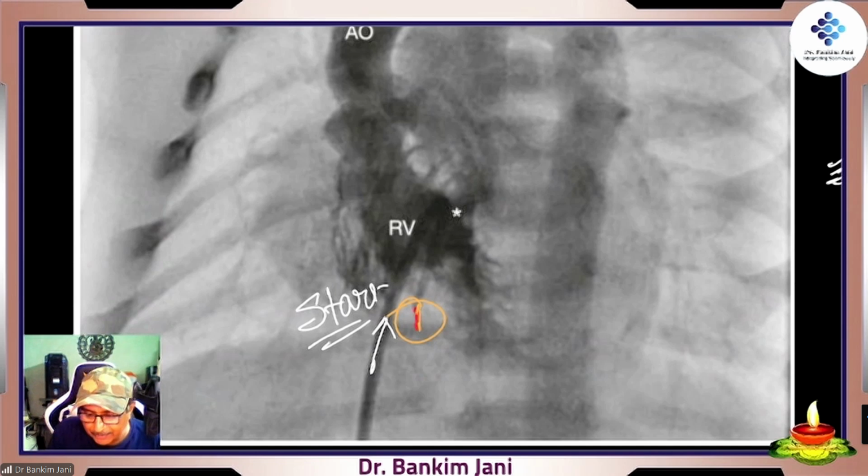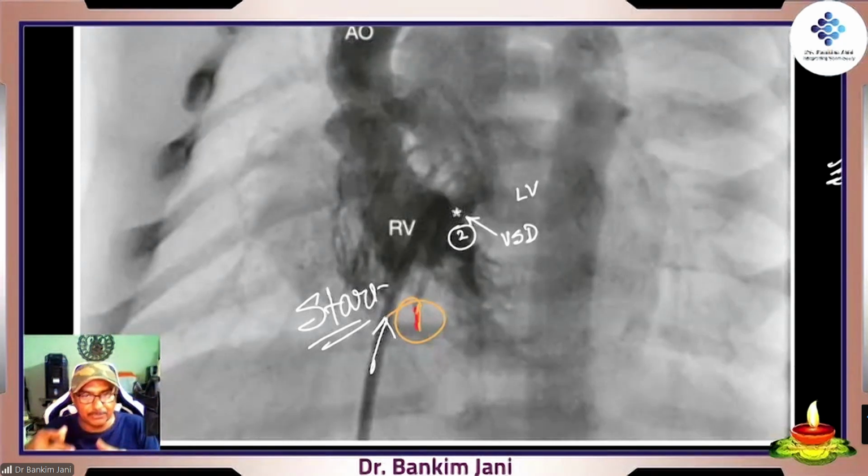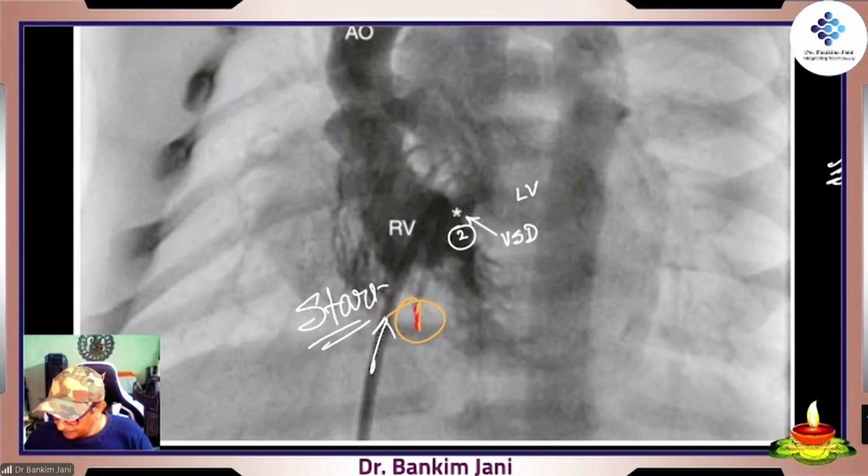But this pattern, when you appreciate it, where the star is put, that is the ventricular septal defect. This is the right ventricle, this is the left ventricle, and what you are watching over here is the ventricular septal defect. Correct? So this is the second point which you have to watch. As soon as we inject the dye, we see this. Then